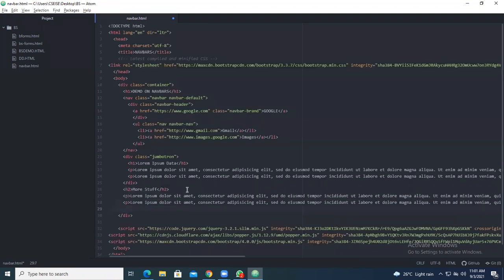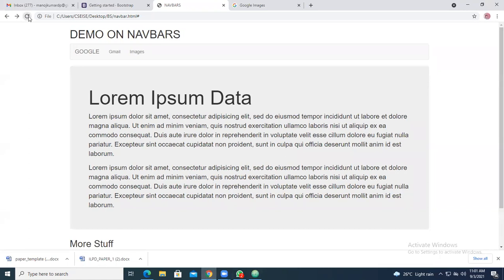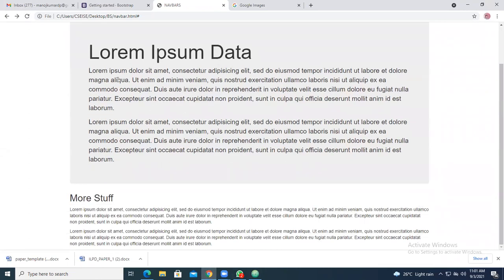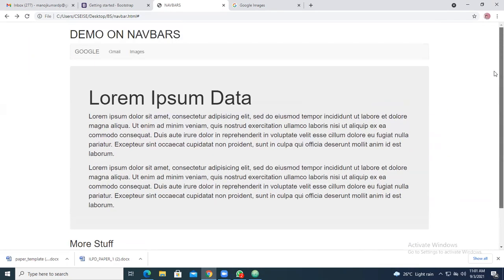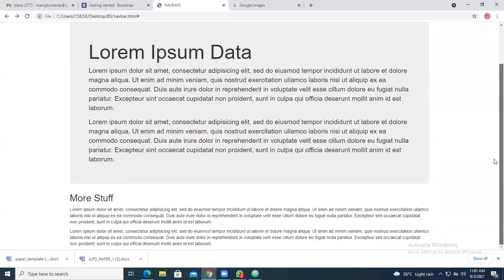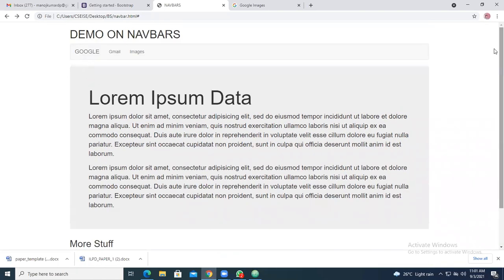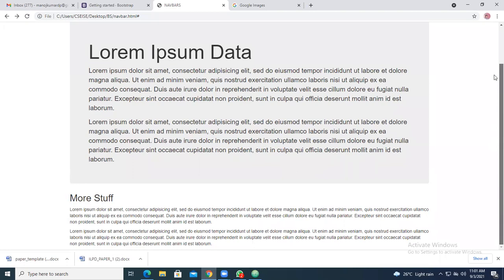So I have added the contents and saved, and go to the web page and see what you are getting. Here there is a different font, different size, different background, different font style in Jumbotron. But if you see here, it is different. Now you see there is a lot of data. So when you move on, your navigation bar will not be shown. As and when you move, if you want the navigation bar to be on the top.